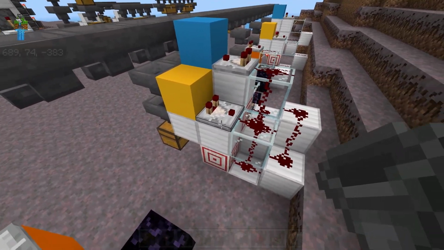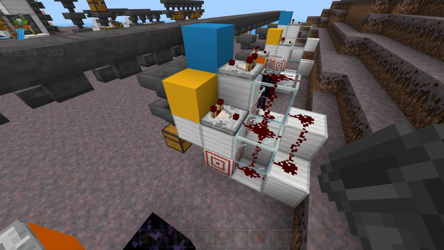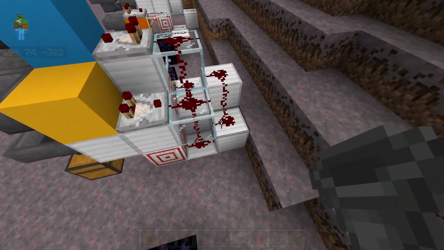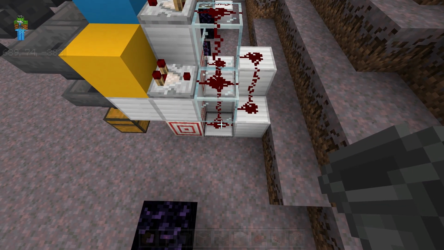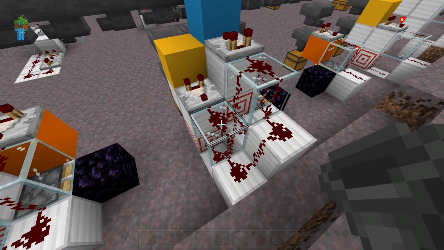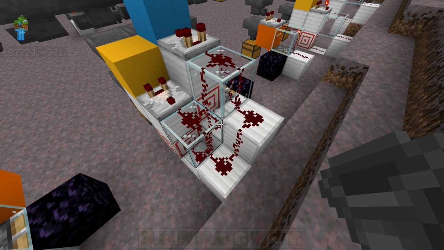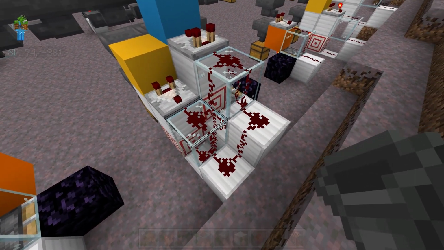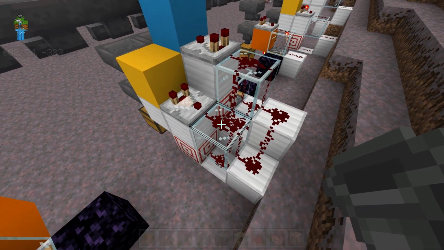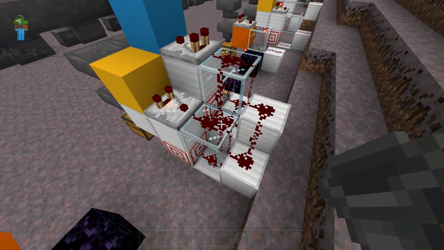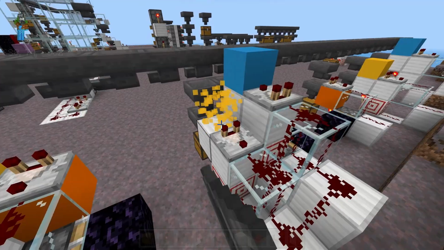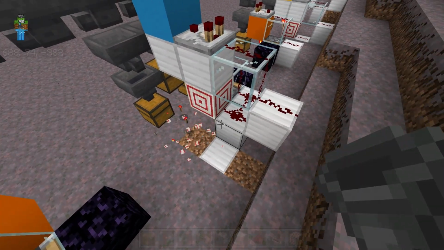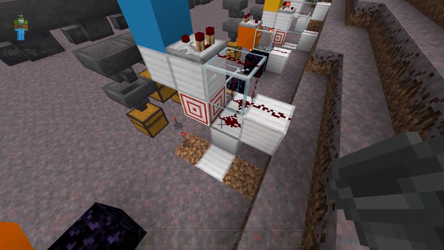And then the overflow protected design won't work with any of them because it reaches a signal strength of 3 in order to activate. But if you tile it next to a non-stackable item sorter, it will activate the non-stackable item sorter every time it reaches a signal strength of 2. And once you've loaded the item being sorted, it will always be at a signal strength of 2. So you definitely can't put that one next to a non-stackable item sorter.